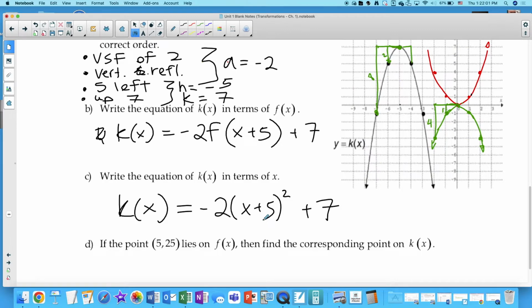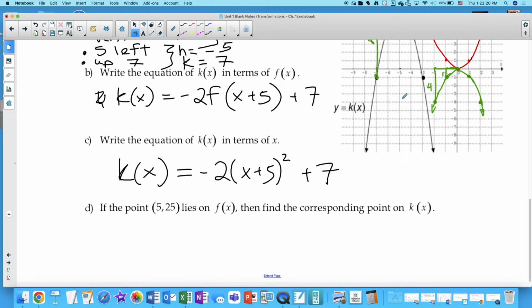All right, now, if (5, 25) lies on f of x, which it does, 5 squared is 25, find the corresponding point on k of x. Occasionally you see people trying to actually work it out graphically. It's going to go off the page. Okay, so use some mapping notation here, right? So